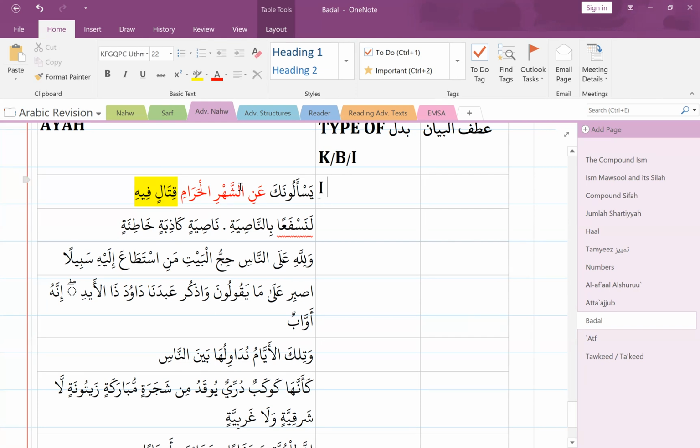It's not a fraction of the month, so you cannot cut up the month and say, okay, now this part of the month is actually fighting, right? You can't do that. You can cut up the month and you have days. If it was days, then that would be badal al-ba'd, because you can actually cut up the month and have days, or you can have seconds. You can cut it up into fractions and have a portion of it.